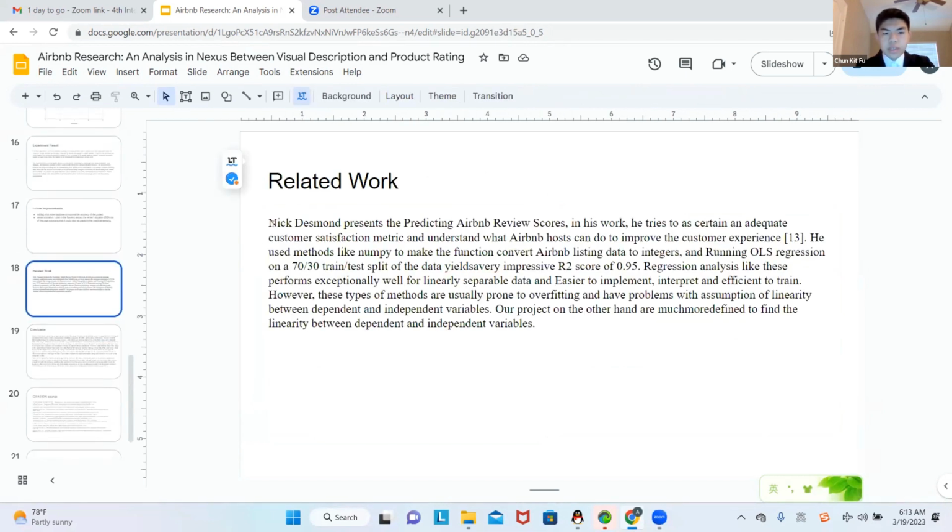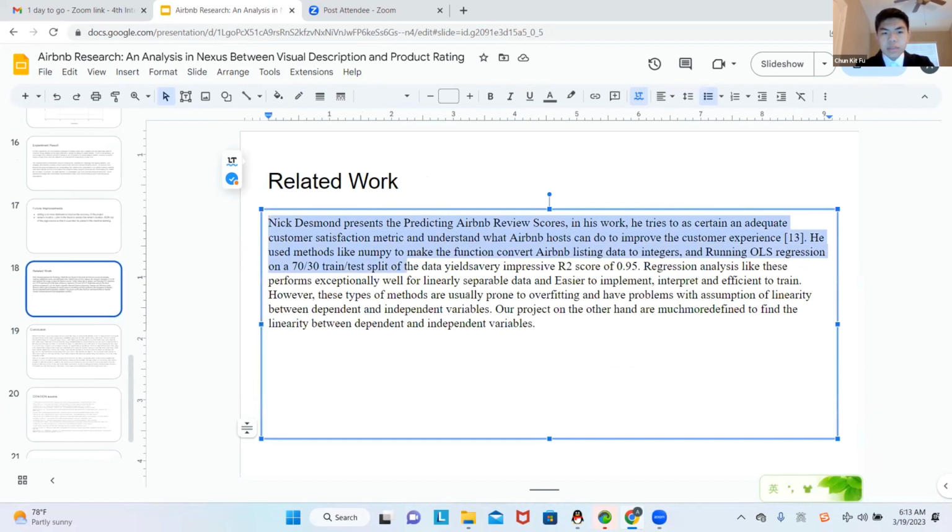Related work is what Nick Desmond presents, predicting Airbnb review scores. In his work, he tries to ascertain an adequate customer satisfaction metric and understand what Airbnb hosts can do to improve customer experience. On a 70-30 train-test split of the data, he yields a very impressive R2 score of 0.95.